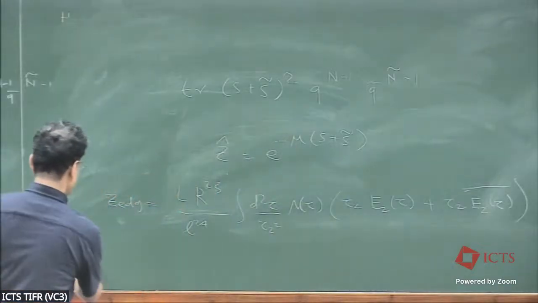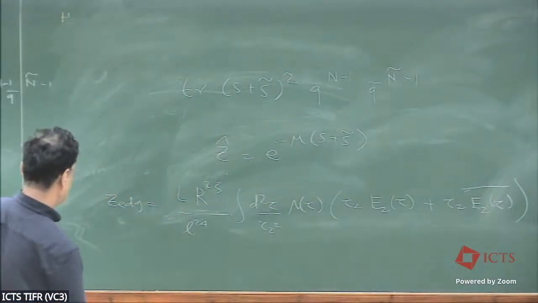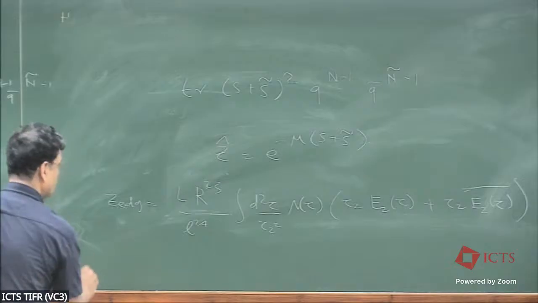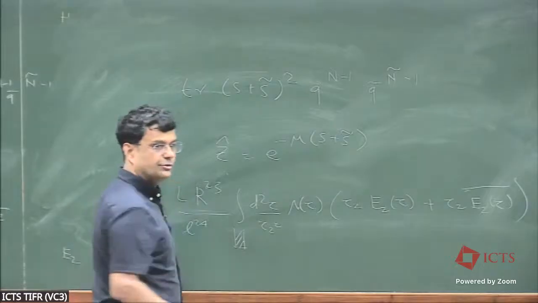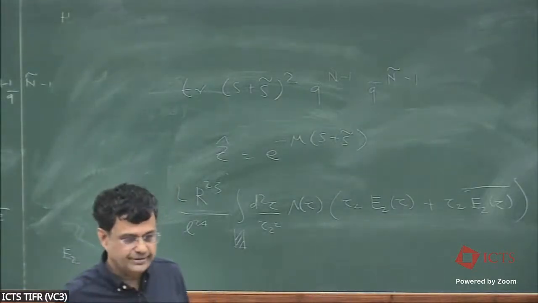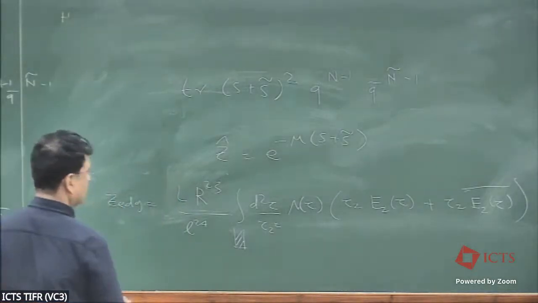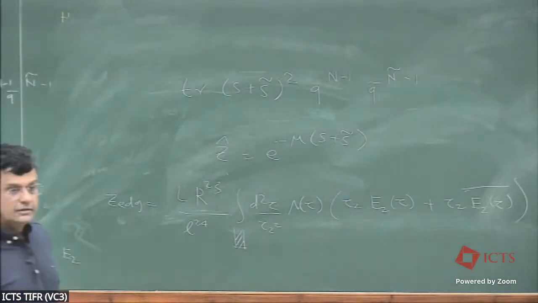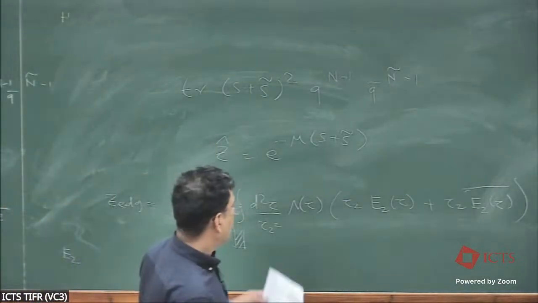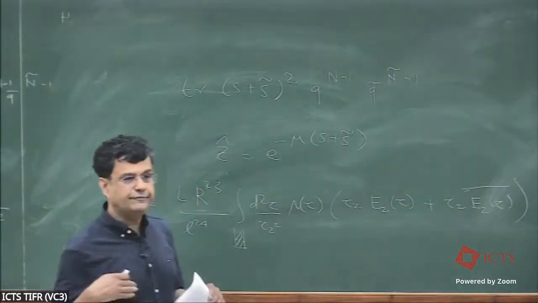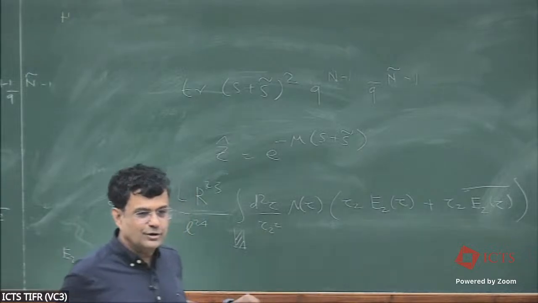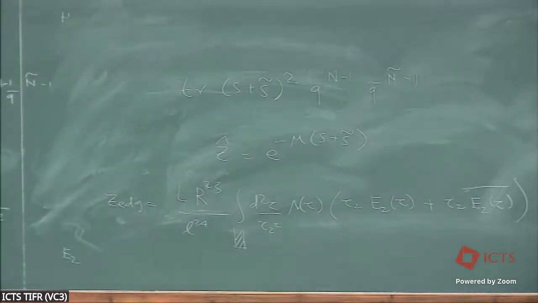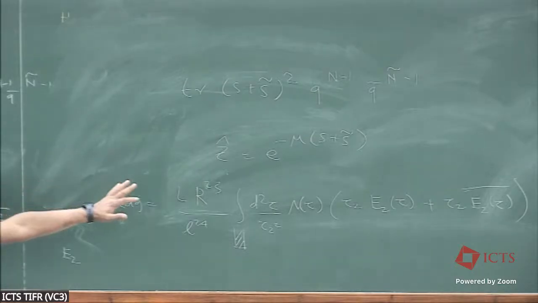Where E2 of tau... Right now this is over a strip because you are doing a field theory calculation, so you don't know a priori. What I'm saying is that if you just did the field theory calculation, as in Polchinski's case, there is no guarantee that you will get a modular invariant answer. So we have to see whether we get a modular answer. But